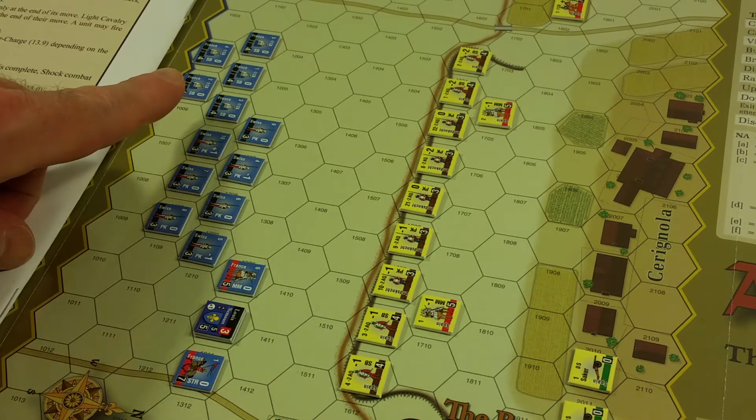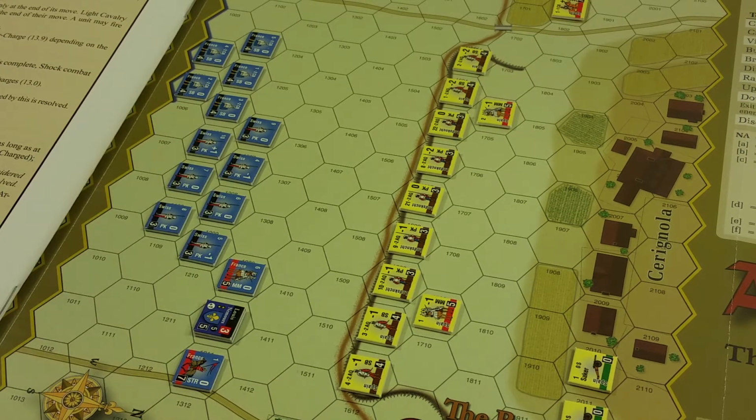How far are they going to get? 1, 2. So then, I guess it'll come down to range and if it costs any movement points to fire. Okay. Let's see, light cavalry. Do we have any light cavalry? I don't think so. Light cavalry archers. We do have